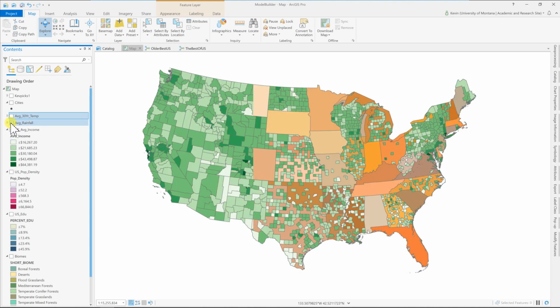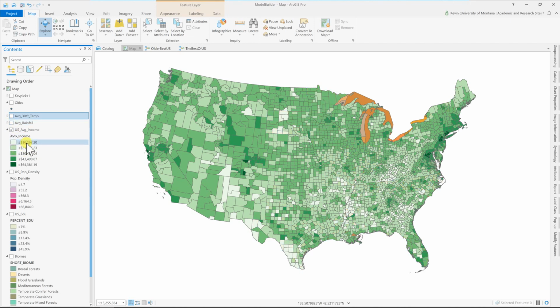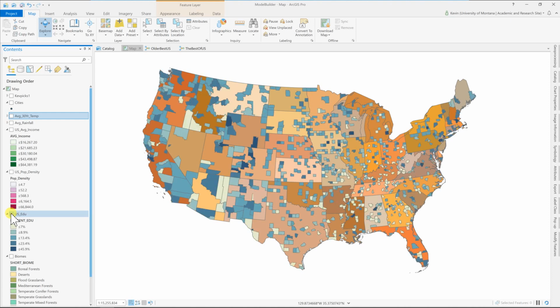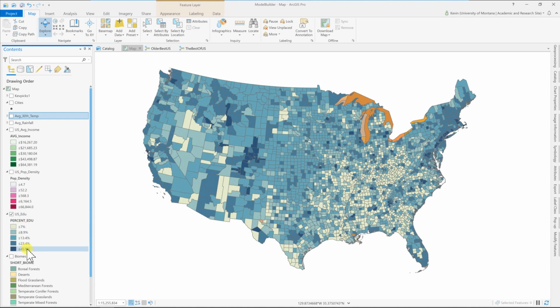So this is for counties. This is from under 16,000 a year up to almost 65,000 a year, and that's only in a couple of the really dense metropolitan areas around San Francisco and New York and so forth. You would be surprised that some places where you feel like you can make a good living, their average income is pretty low. Kind of the same thing with percent educated, right? So this is anywhere from just below 7% up to only a few places that are almost 46% educated. The average in the United States is about 12% of folks with a 4-year degree or higher, right?